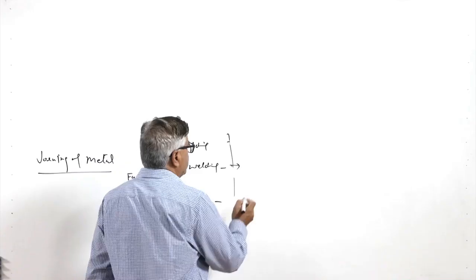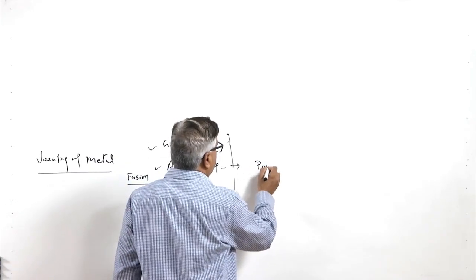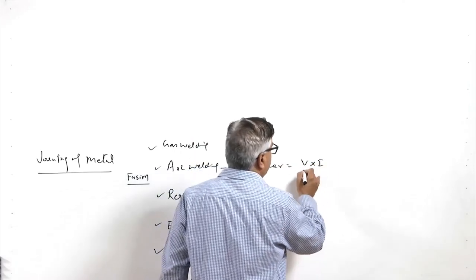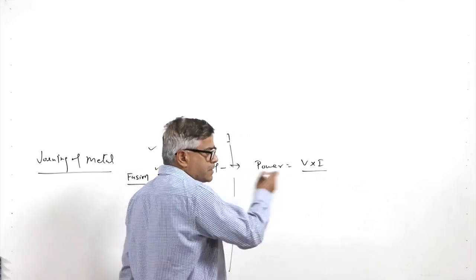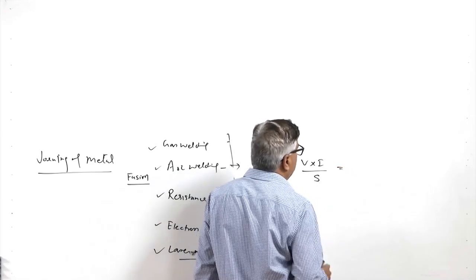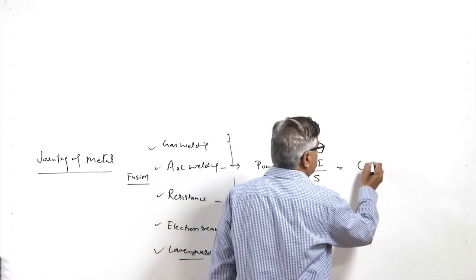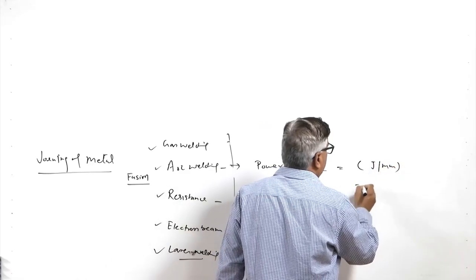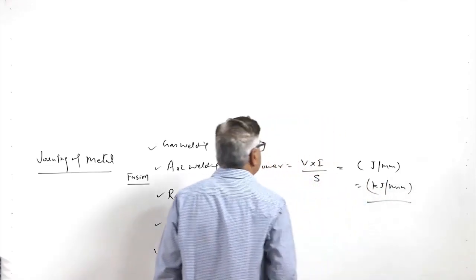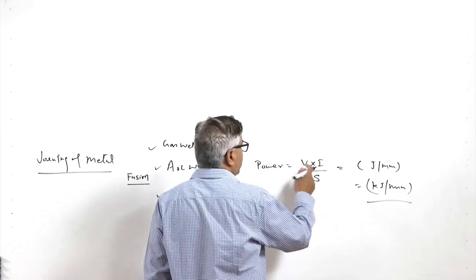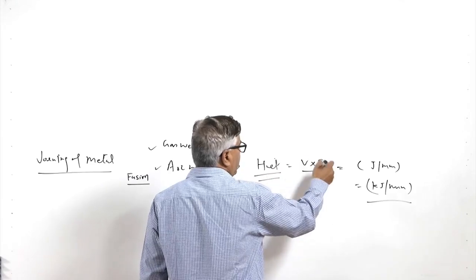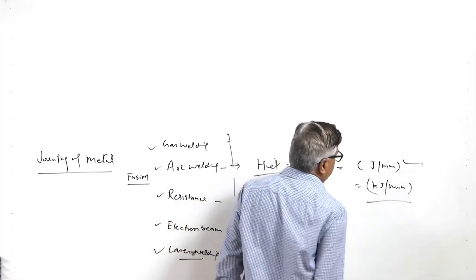Heat in arc welding is produced using a simple concept: the power of the arc is identified through the arc voltage and the welding current being used. Since the arc is continuously moving, we need to divide by the welding speed, and this combination results in joule per mm or kilojoule per mm, the unit used to express the heat input. So, power of arc is basically VI, but if you have to calculate the net heat input H net, then VI by S is used,